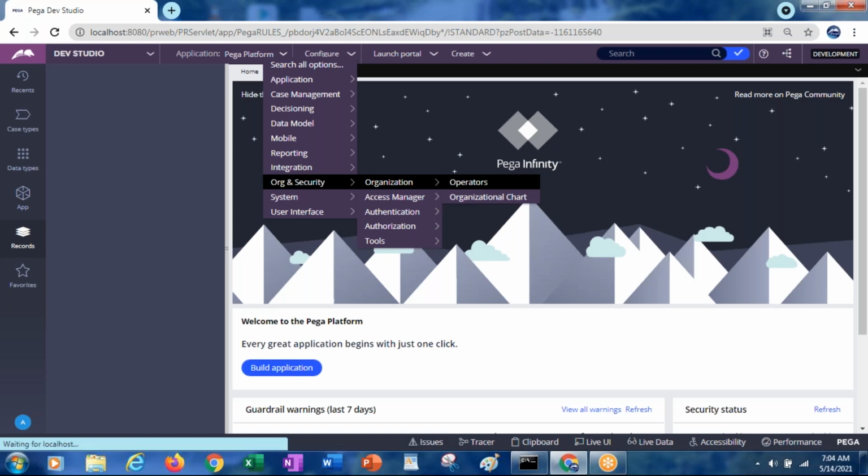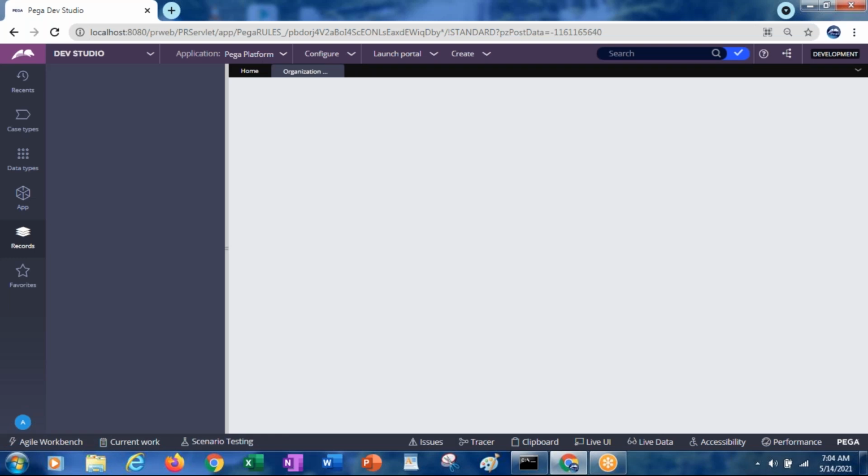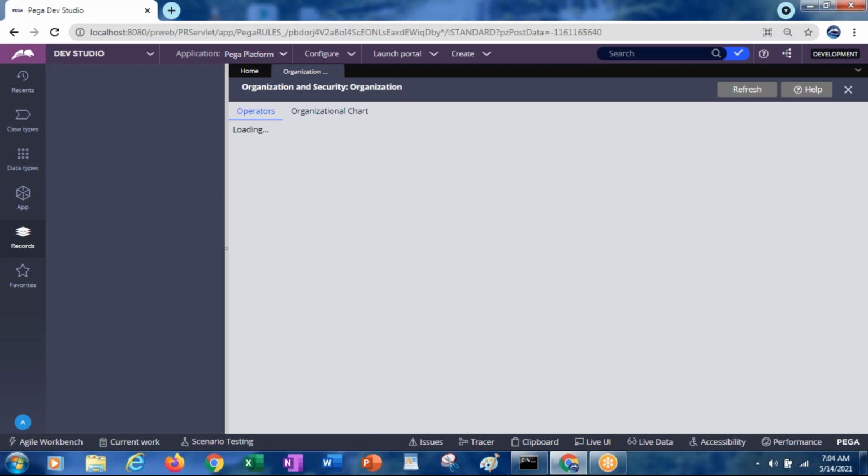So through this menu also you can go. Here it lists all the operators, not only those belonging to our current application. Even for other applications, if you created them, all the operators will be displayed. From that we can identify which belong to our application by seeing the access group and application.